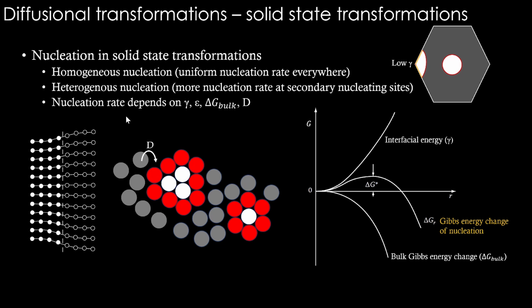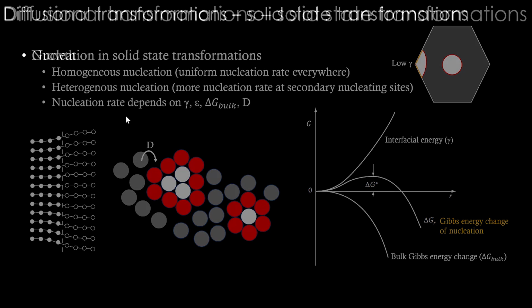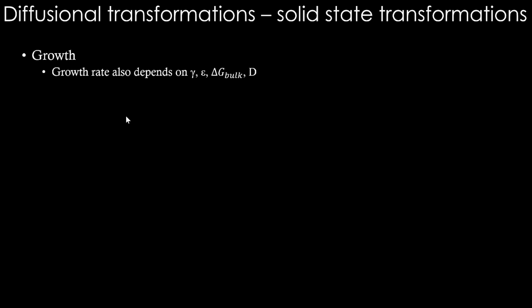Once the nucleus forms, it has to grow. In growth also, all these aspects are going to play a role. If the interface has to grow, interfacial energy matters. Then if it is a solid-solid transformation, strain energy also will be there along with the interface, so that is also going to matter. Delta G of course is the driving force; if it is more, growth rate will be higher. Then obviously, as we have been seeing till now, any growth depends on diffusivity. That is also important. So all these aspects are important in deciding nucleation and growth.